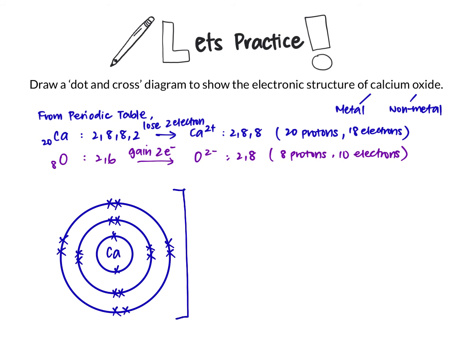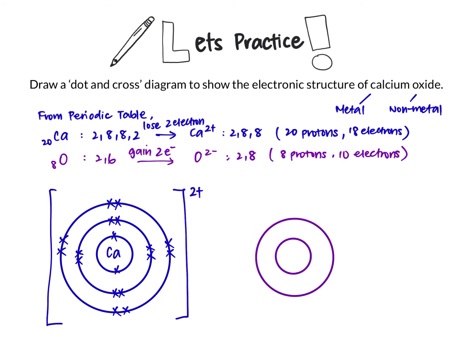A shortcut will be to immediately bracket the calcium ion and indicate the charge of 2+. Note that you have the number first, then followed by the charge. Now I'm drawing in